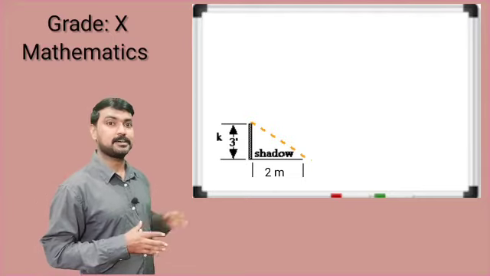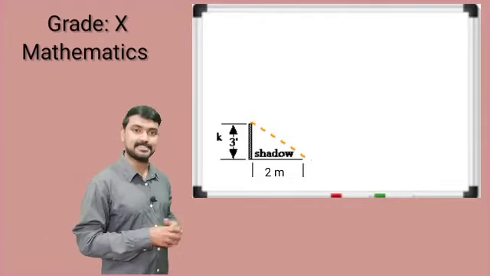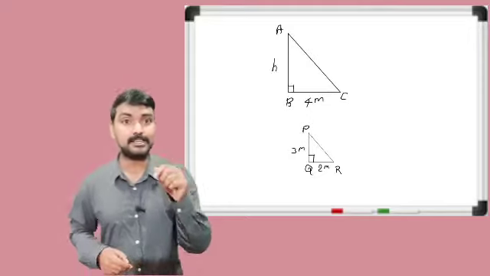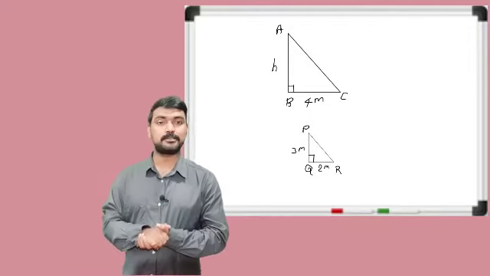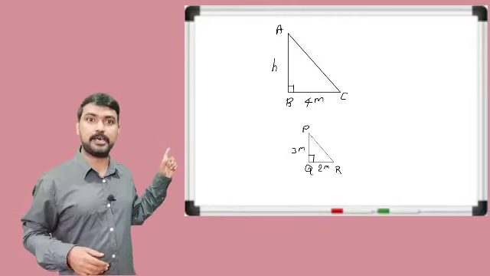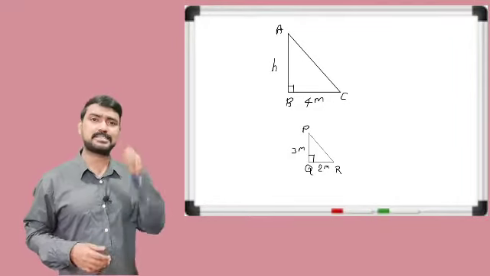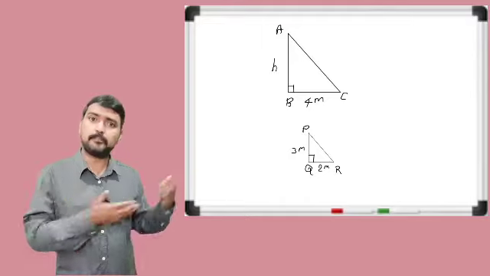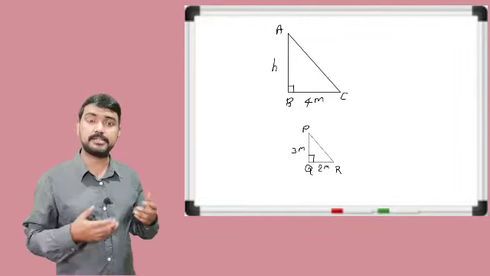Similarly, he said, now we can compare these two triangles. Can you say whether these two triangles are similar or not? Aman said, yes, I can say. How is it possible? By the AA similarity rule. Our Fatima has a doubt. She asked, how can we apply the AA similarity rule here?